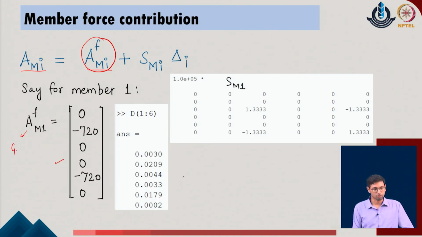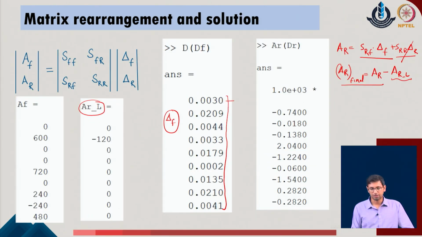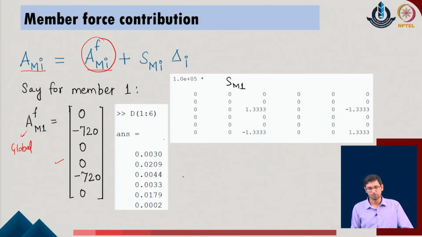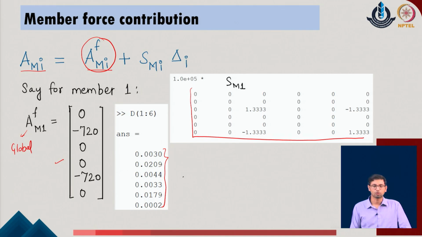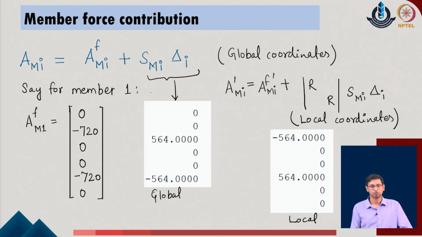This has been defined in the global coordinates. At the same time, the degrees of freedom of the system, which have all been located, correspond to 1, 2, 3, 4, 5, 6, 7, 8 and 9 in the given system. Out of these I pick the degrees of freedom corresponding to member 1, which are 6 in number. So these 6 degrees of freedom have been taken. Multiply that with the member stiffness SM1. Now all of these values are taken in the global coordinates of the given system. So you multiply the SM1 with the delta corresponding to member 1, add the contributions of the fixed end member forces, and that will give you the effective member force for the given system.